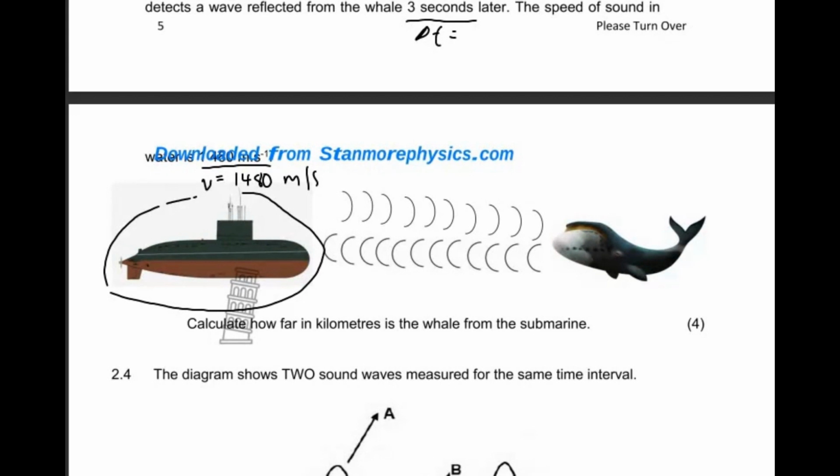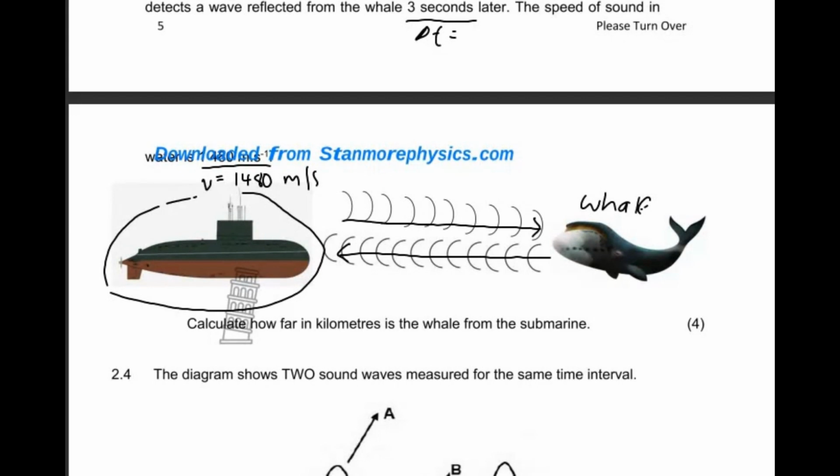The signal will encounter a boundary caused by the whale over here, and then part of this sound is going to be reflected back. Now, after about 3 seconds, that's when we detect the signal. We send it, we wait, it goes to the whale, gets reflected, comes back, and finally we detect it here at